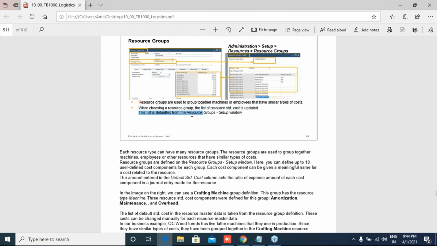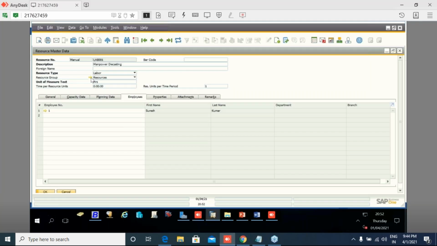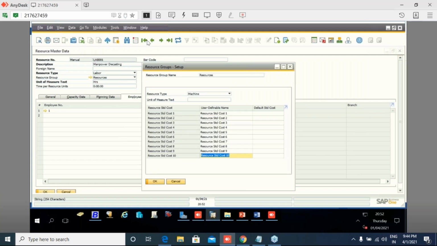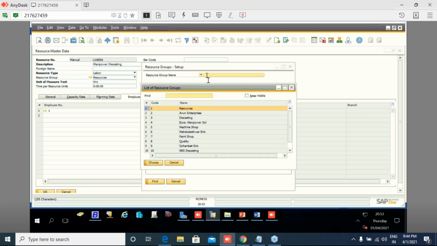This list is defaulted from the resource group setup window. Basically, these are the resource groups: quality, paint shop, machine shop. You can see them over here.